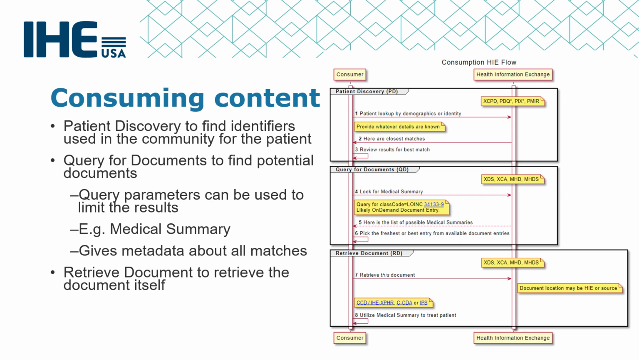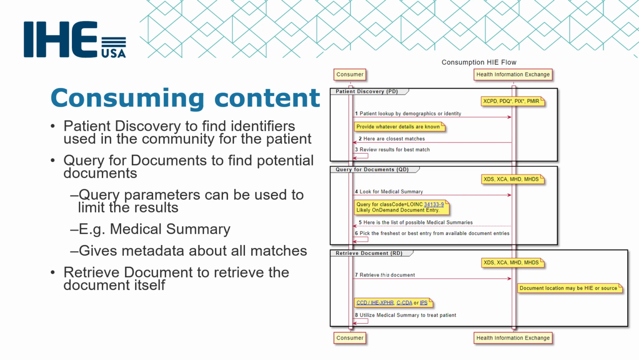And ultimately, you get back a list of possibilities with metadata. The metadata explains what kind of document it is, who authored it, why they authored it, where they authored it, and those kinds of things. And then the third thing that you do is pick which one of those you want, or multiples, and you can retrieve the document. Ultimately, you're retrieving it from wherever it is stored. This diagram shows that it's being retrieved from the Health Information Exchange, but it might actually be